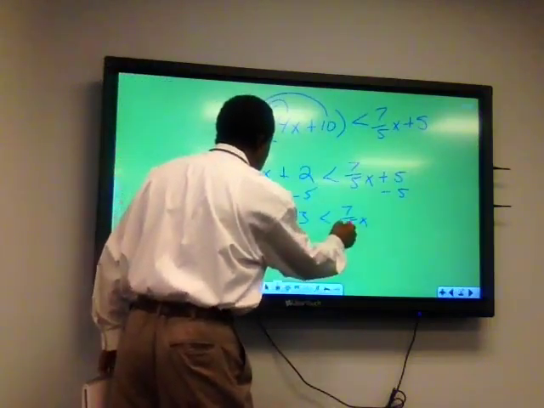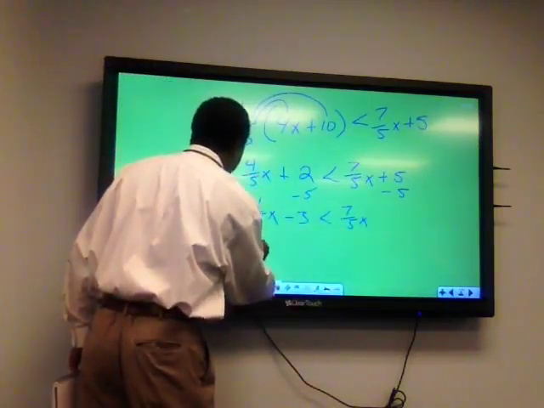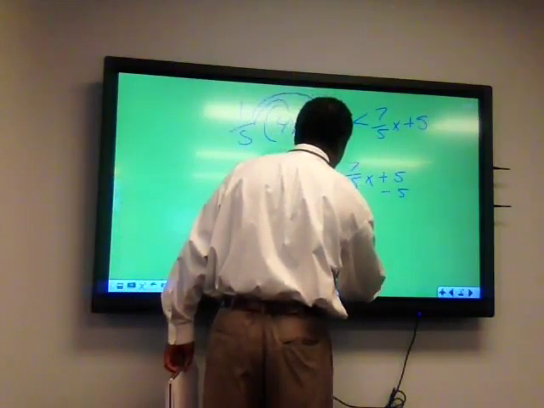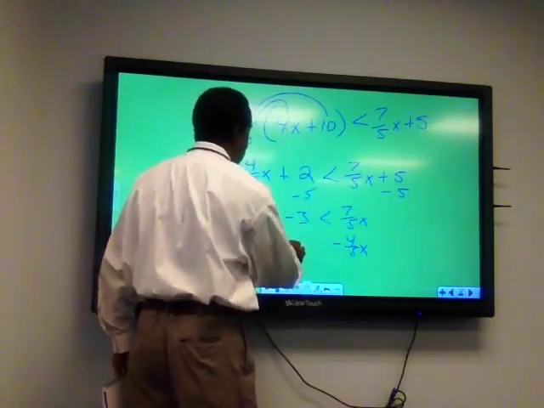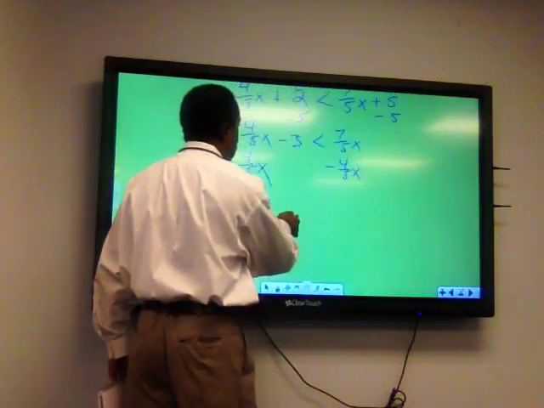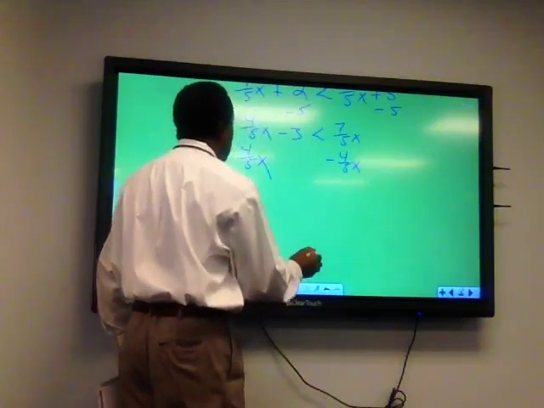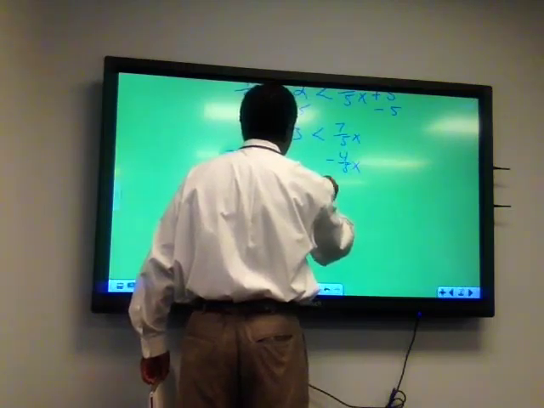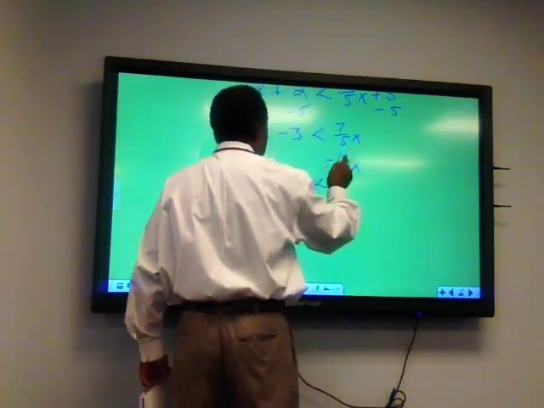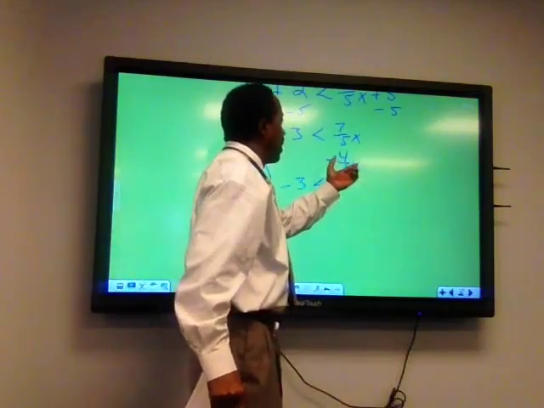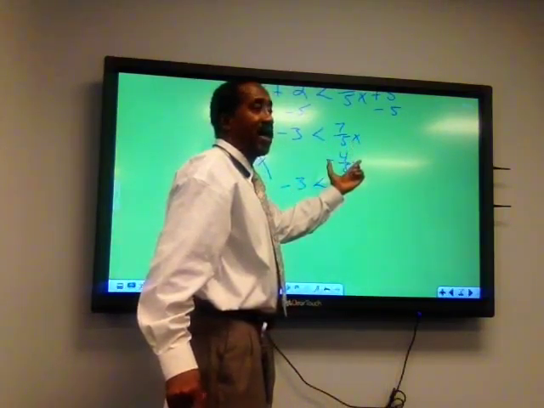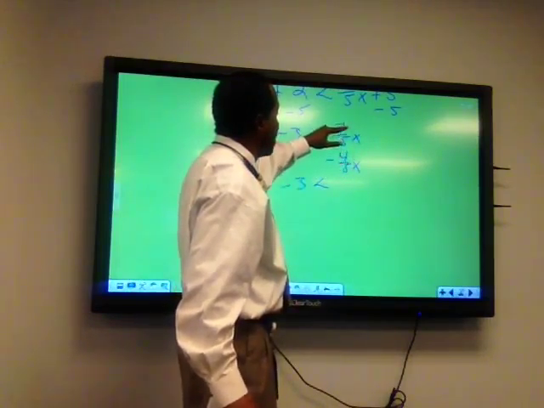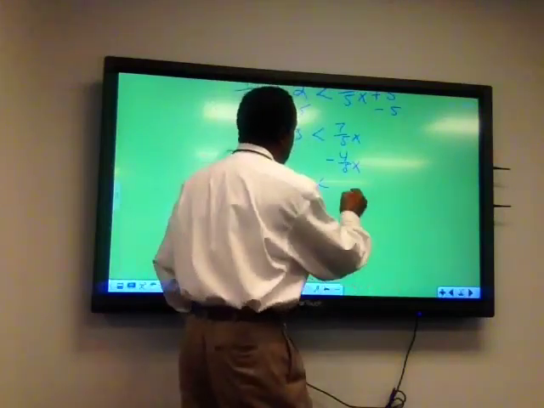Now I need to move this 4/5. So a negative 4/5x, a negative 4/5x, and these will cancel out. Remember, I'll have a negative 3 is less than... Now, when we are adding or subtracting fractions, we have to have the same denominator. We've got 5, so the only thing we deal with is the numerator. So 7 minus 4 is 3. So that gives us